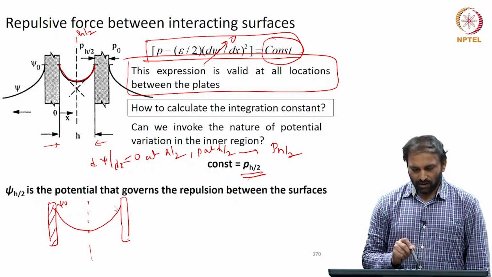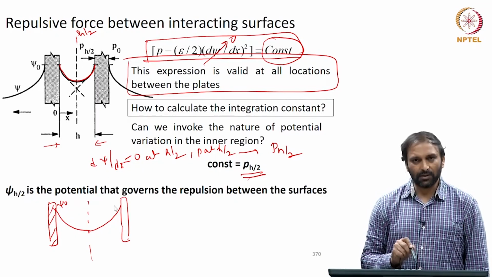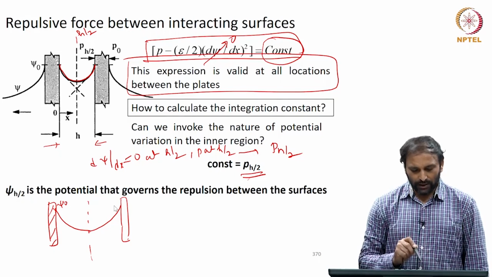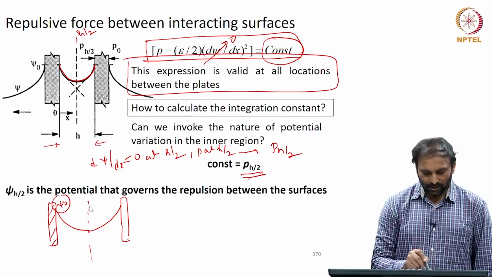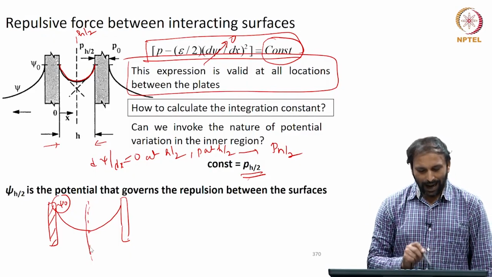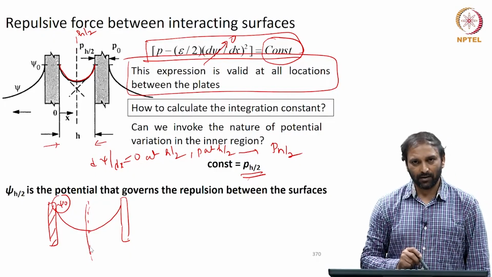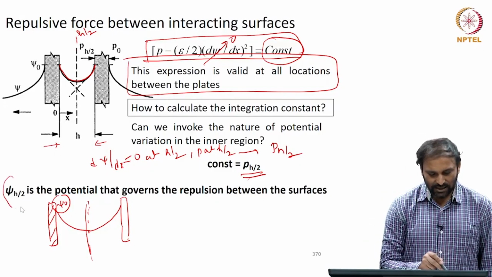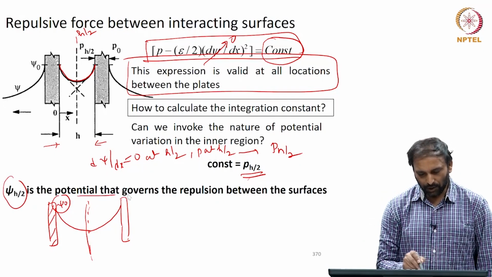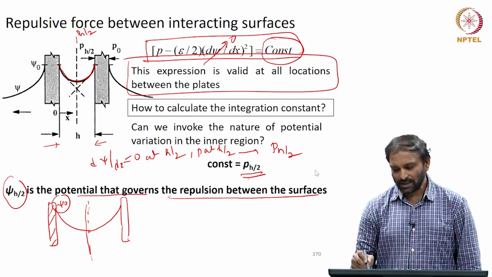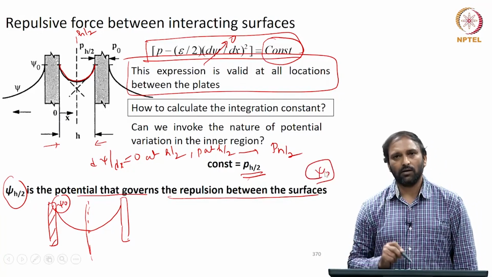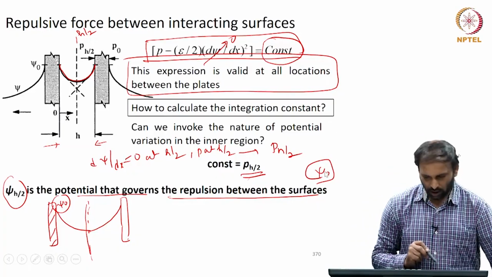So, the repulsion between the particles does not depend on what psi naught is, however, it depends on the potential at the overlap. Therefore, psi h by 2 is the potential that governs the repulsion between the surfaces, not psi naught. Okay. So, therefore, now